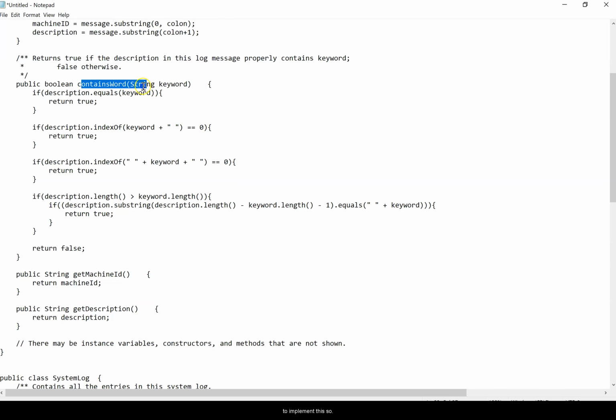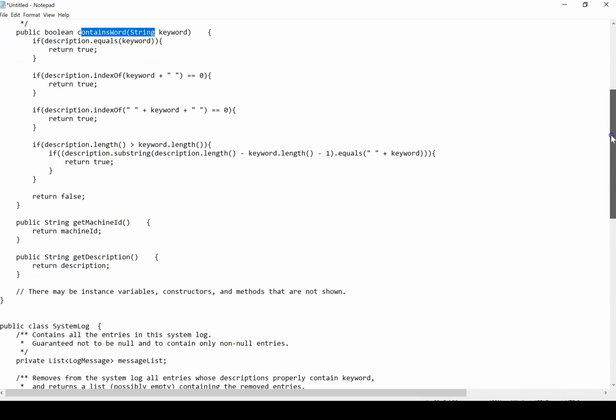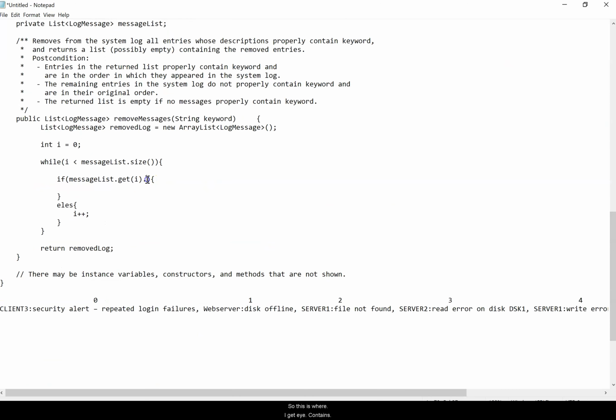So at i, does it contain the keyword? Okay. So this is where dot get i dot contains keyword. So if it contains the keyword, then we want to